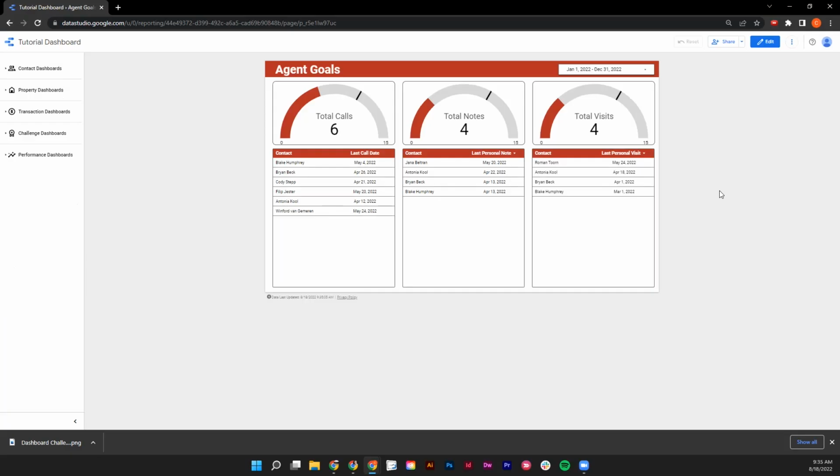The Agent Goals Dashboard is optimally designed to help you as an agent set goals for your own personal metrics of success and easily see how you are progressing towards those goals with every action you make. Within this dashboard, you're able to notice that we have a metric for total calls, total notes, and total visits, along with the list of all of the different contacts that have fallen under that category for any given moment and when they were last contacted so that you can better understand how those efforts are helping you reach your